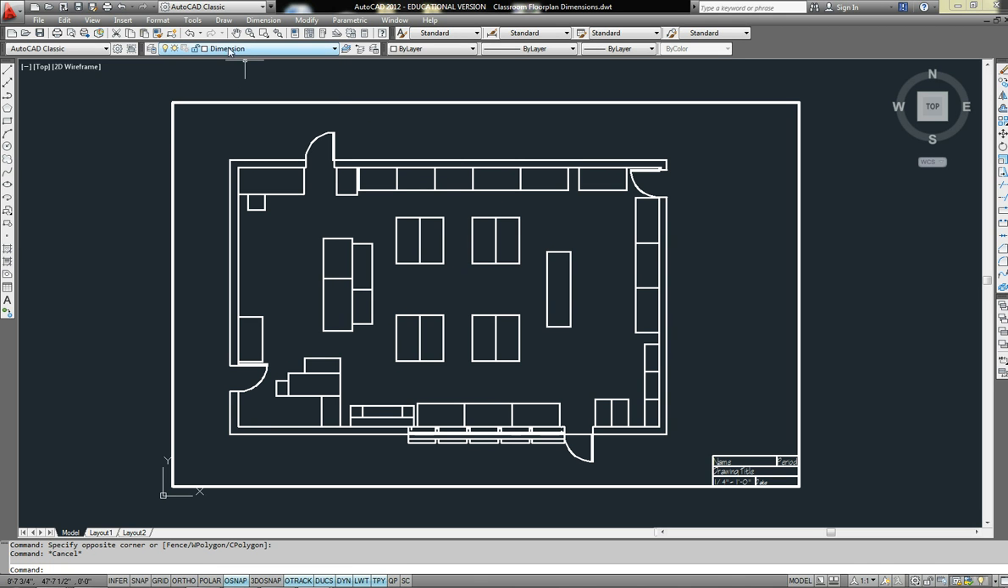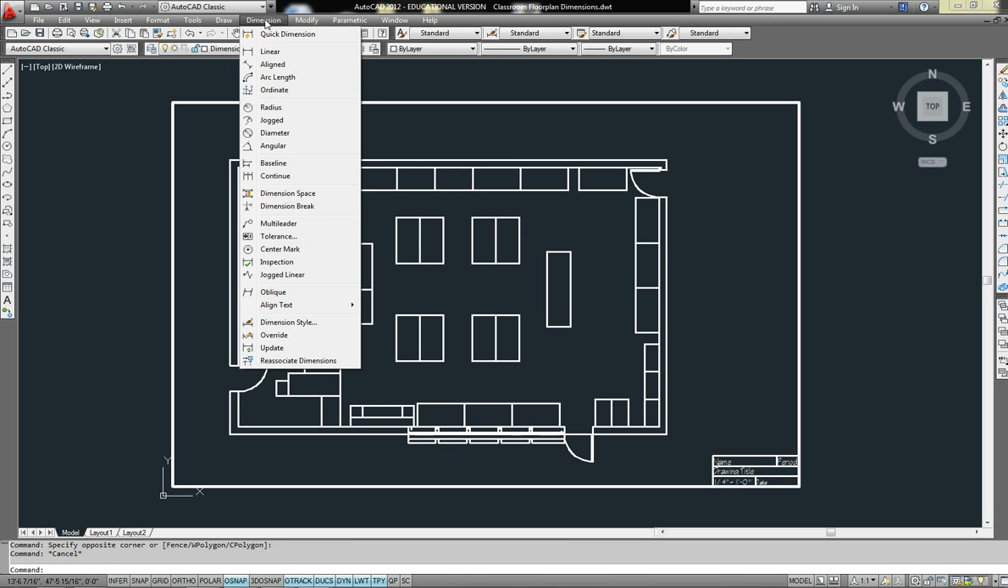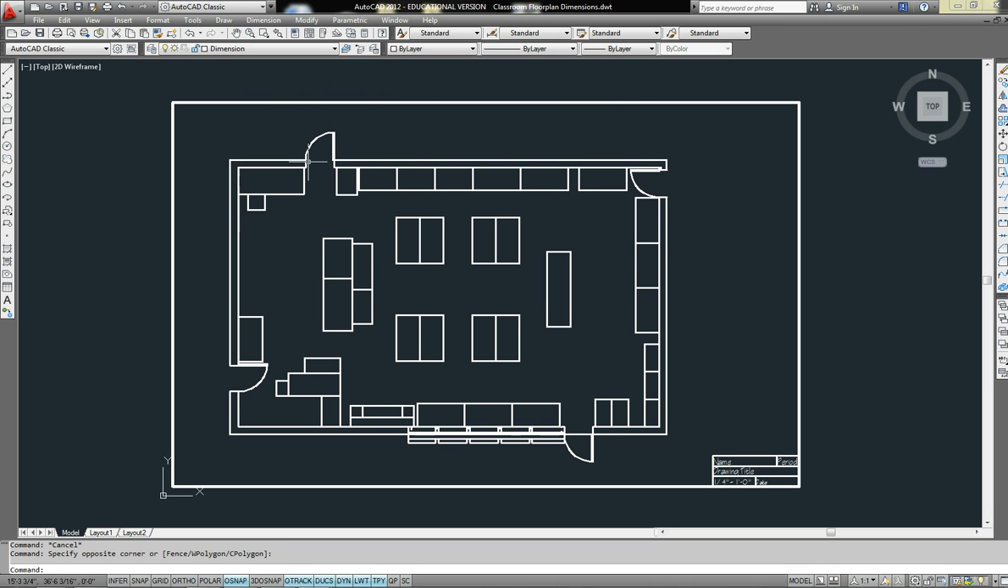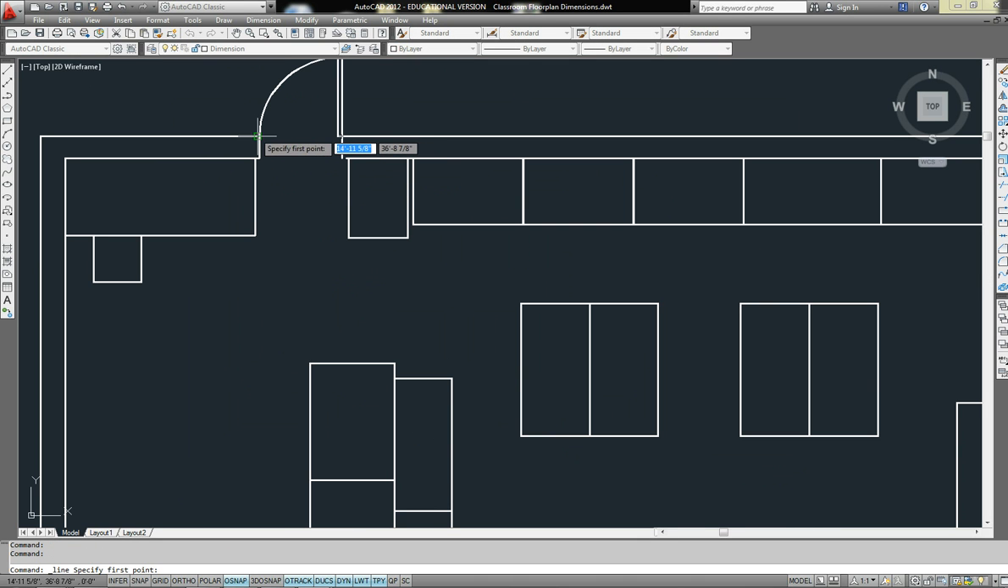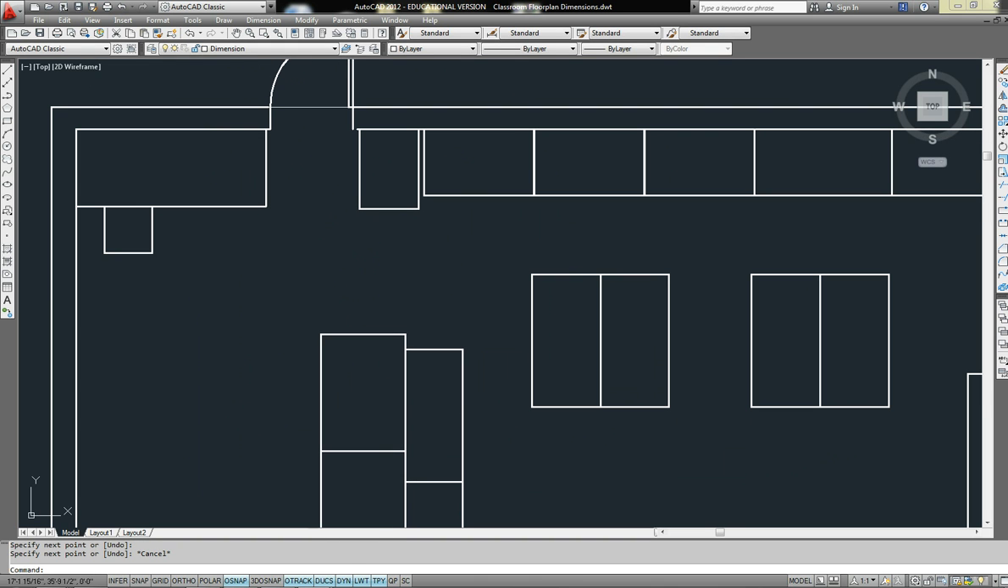You can tell it's active by it showing up here. And now I'm going to go to the dimension menu here and click on linear, and we can start dimensioning. However, before I do that, I want to add a couple temporary lines, which I'll show you why they're there in a minute. You should draw a line across each one of your door openings like this,